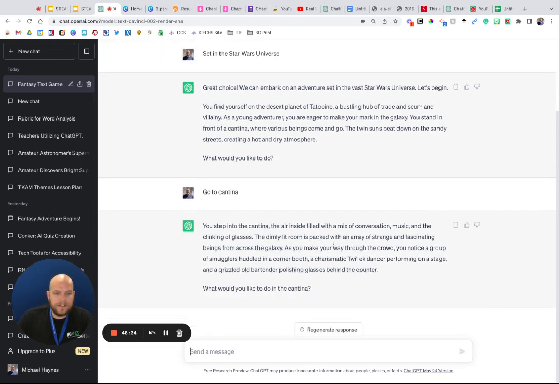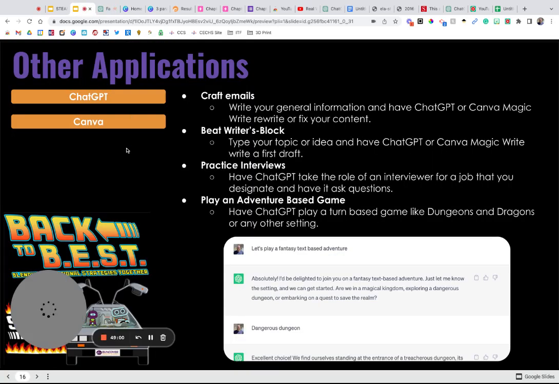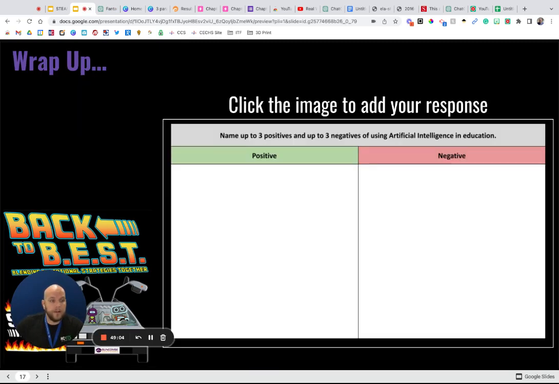But as you can see here, this is actually kind of exciting for me because this is the first time I've used the Star Wars prompt, but it's actually using like Twilight Dancer. So you can go through and you can play for however long you want to. It's going to give you options. And so if you've ever played old text-based games or Dungeons and Dragons, very similar to that. So if you need a brain break yourself, or if you want to do this with students, it's a great option there.